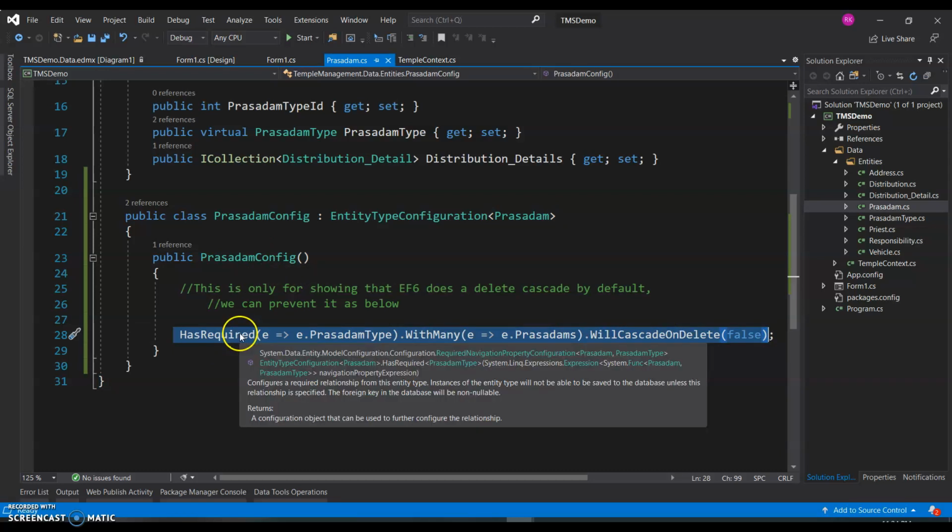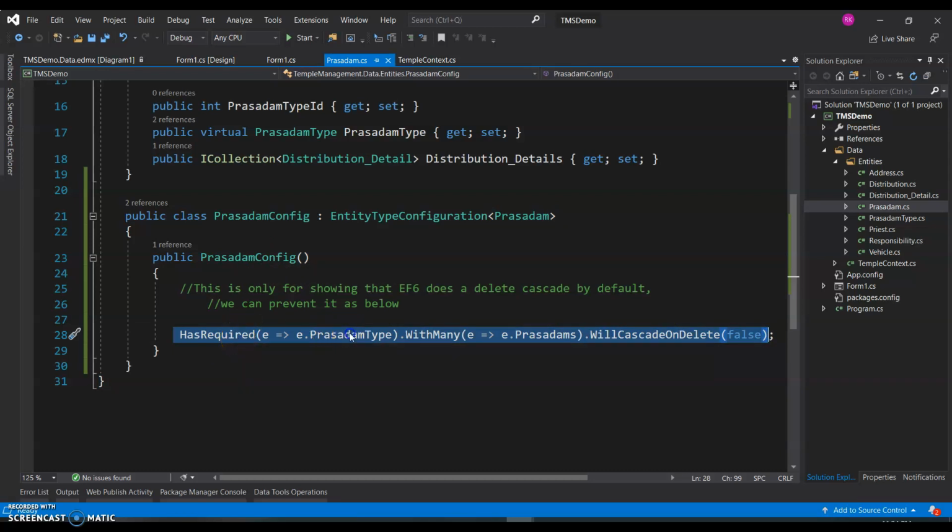You say prasadam config has required prasadam type with many prasadams, which will cascade on delete false. So this should prevent somebody deleting all the prasadams, even if they try to delete a prasadam type.